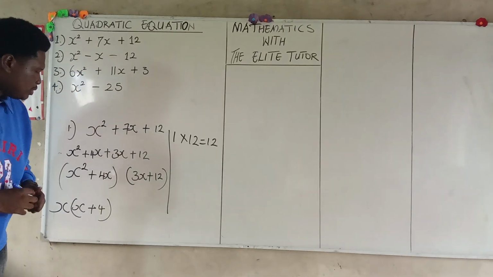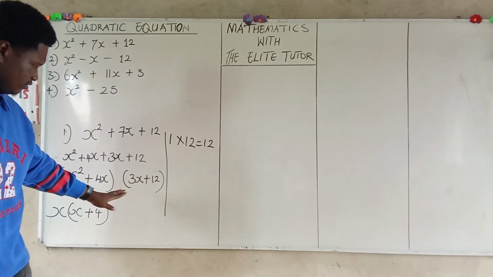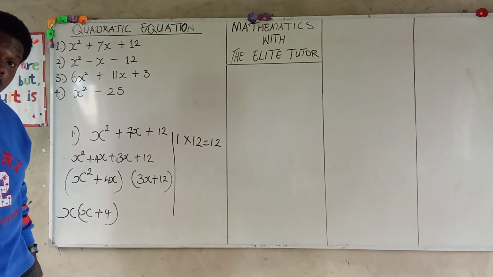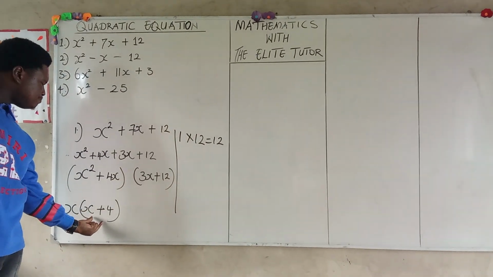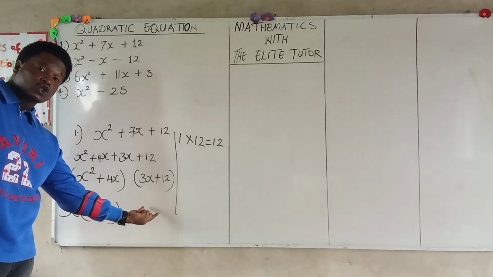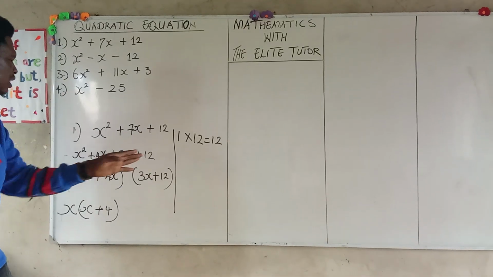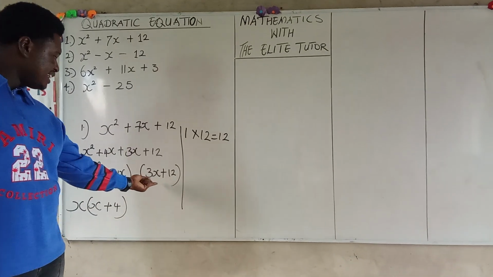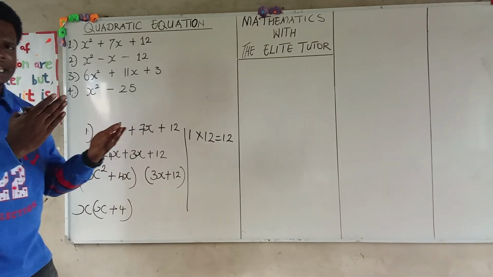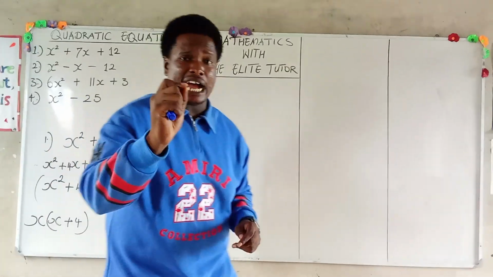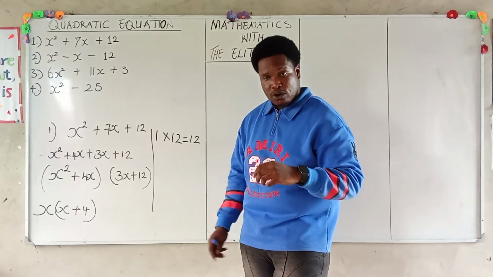And then we go over here, and we try to look for what is common. And one of the secrets to ensuring that your solving is correct is whenever you are trying to factorize, whatsoever is in this bracket will be the same thing that is also in this bracket. Now let's look at what is common now. We have this item 3x and 12. So what is common here? X is not common here because we have 3x, but we don't have x here. So what is common is 3. How do I know? 3x divided by 3 gives us x, which is a variable,